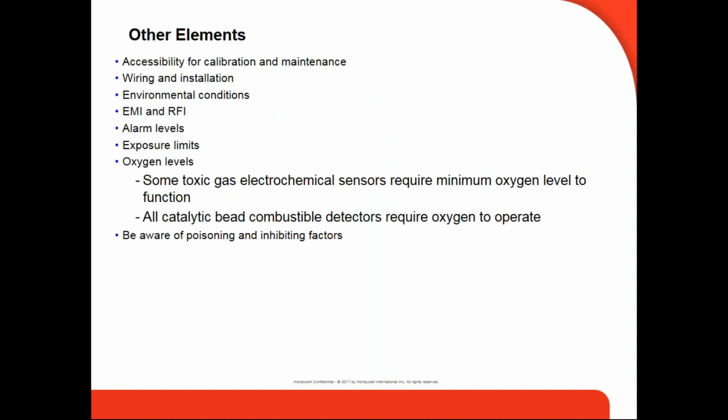Other elements to consider is accessibility. Gas detection systems and sensors do not have a finite life. Therefore, they do need to be maintained, and therefore accessibility can play a factor into your design structure. Of course, your wiring and installation comes into play, your environmental conditions in terms of temperature, humidity, and such. If there are any sources for EMI or RFI, radio interference, electrical interference, what your alarm levels are set to be based on your local codes and what have you,